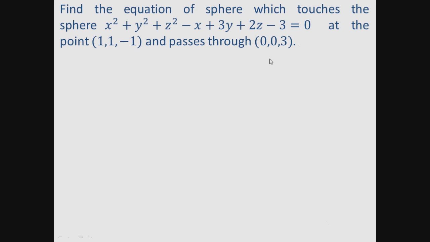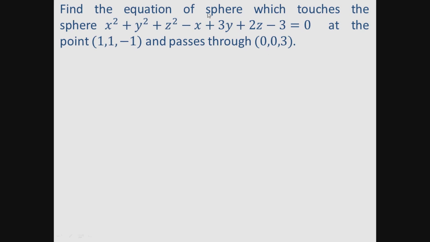So again here we can consider the family of spheres, but for a family of spheres we need a circle, and for a circle we need a sphere and a plane. Now here we are given a sphere but we are not given a plane, so we can consider a tangent plane at this point. Then the intersection of the sphere and this tangent plane will be a point, that is nothing but a point circle or a circle with radius 0. And then consider the family of spheres passing through that point circle and make use of the last property, it passes through (0, 0, 3).